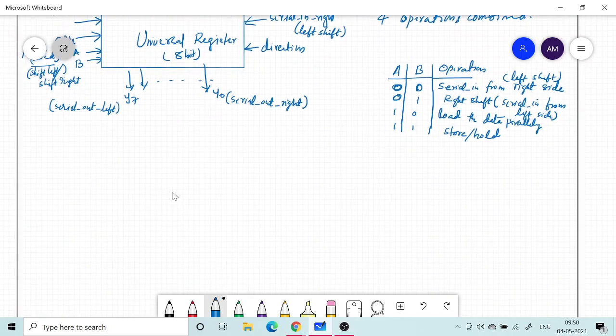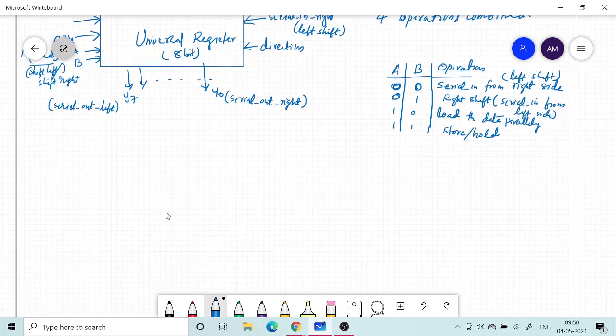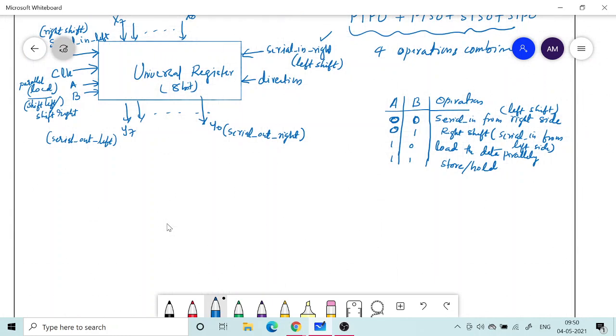And hierarchically, if you want to implement it, you just need to use a 4x1 multiplexer. Yesterday I have shown you the usage of 2x1 multiplexer to choose between two options, like loading the data parallelly and shifting to the right direction, right? So that was the case that I have shown you.